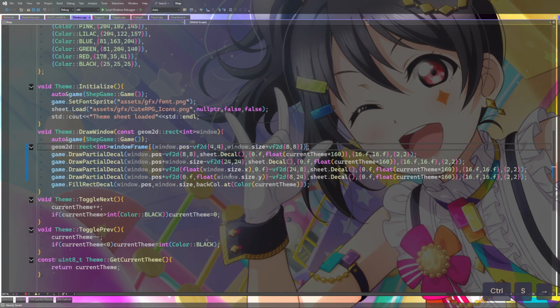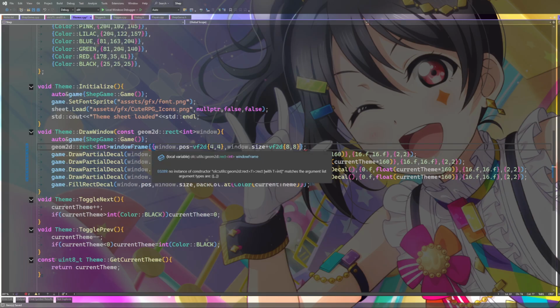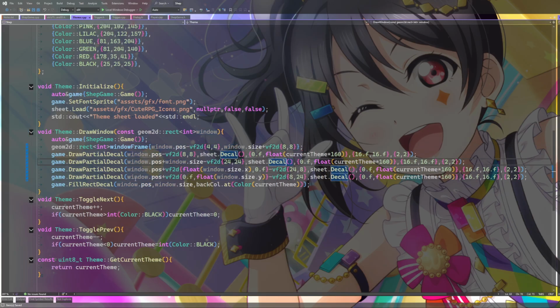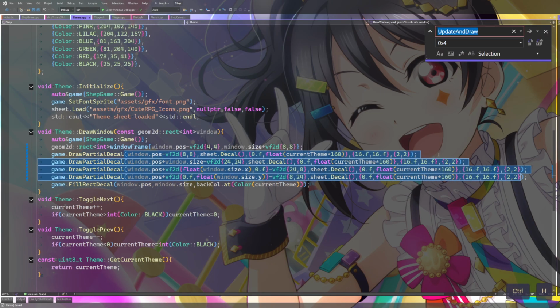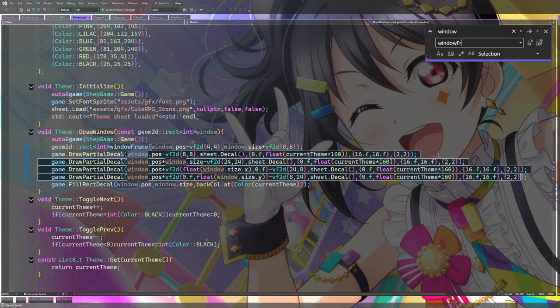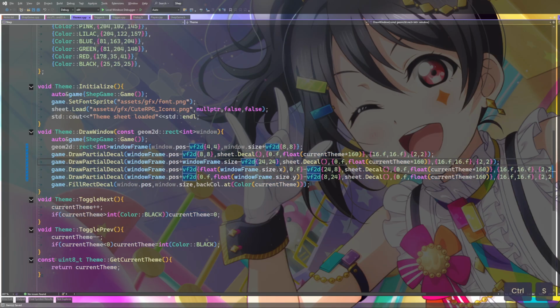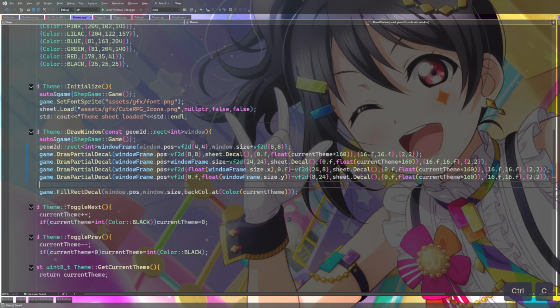Something like that. Did that wrong. So instead of using window dot, now I use window frame dot. Well, actually, I'm gonna keep this as window, like the inner window, but the outside window is gonna become window frame. Which pushes those out more, and then there's gonna be a rectangle that outlines the window frame instead.